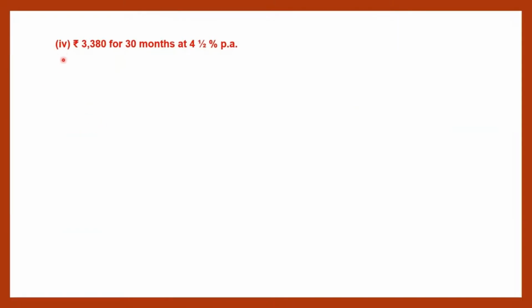Question 4. What have we been given here? We've been given the principal. So let's write down what we are given. First is the principal, which is rupees 3,380. Then we've been given the time, that is 30 months. And we've been given the rate of interest, that is R, which is